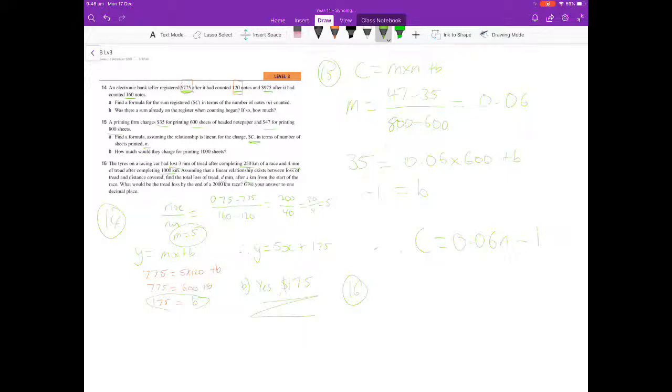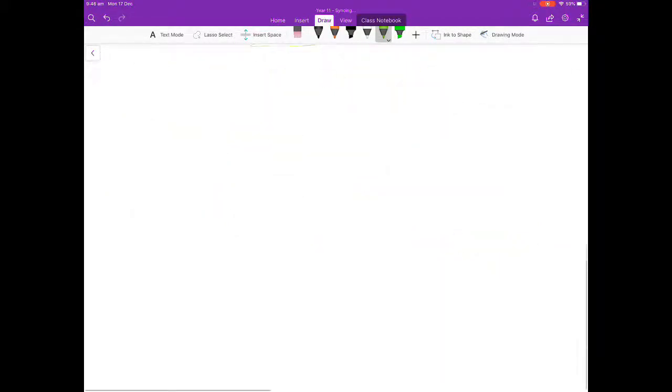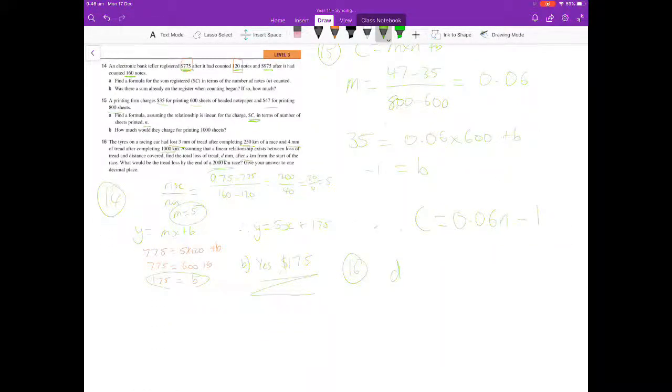Now, 16, we've got our numbers again, and we are throwing them in again. Do remember which is which. So our D is for our millimeters we've got left on our tread, times M for S for the distance we've gone, because why not, plus B. So when we're finding our gradient there, we of course want to put the right numbers into the right places, and